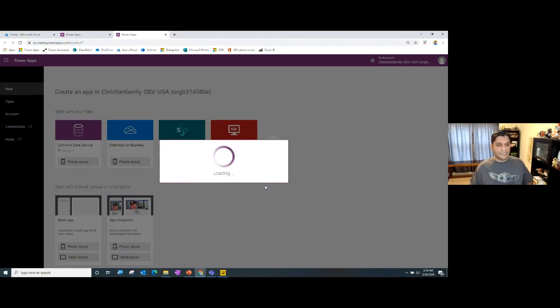The app opens up in the studio, and I've planned to use that app here. Now that this app loads, I'm going to jump over to my Azure. And remember, you need Azure admin level access to do this kind of thing.